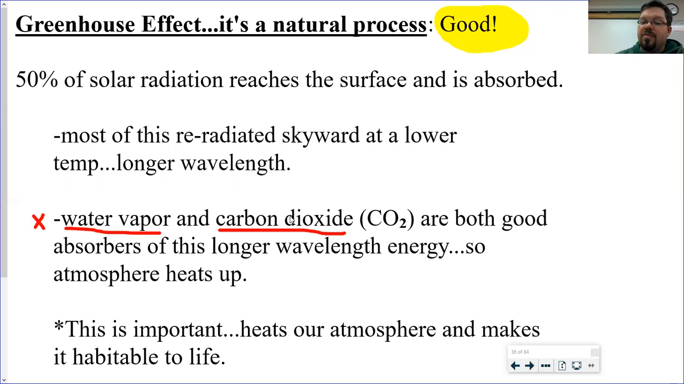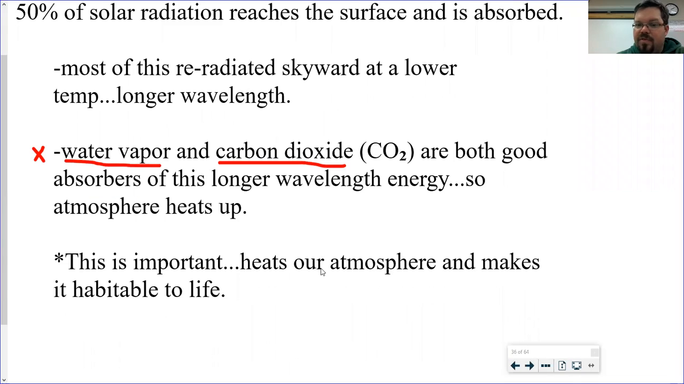So water vapor, carbon dioxide, other what are called greenhouse gases, you've heard me say that before, are good at absorbing this lower temperature, longer wavelength energy that's being re-radiated off of the Earth's surface after it's been absorbed as solar radiation. Along with other greenhouse gases like methane, they prevent this energy from just moving back out into space freely. So this is important. This is what heats up our atmosphere and makes it habitable to life. It warms our atmosphere, makes our climates